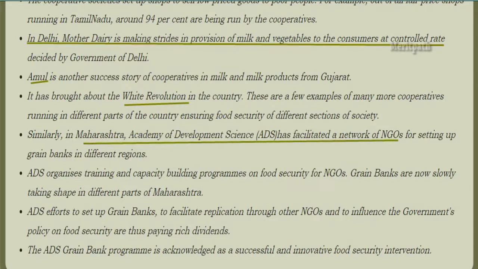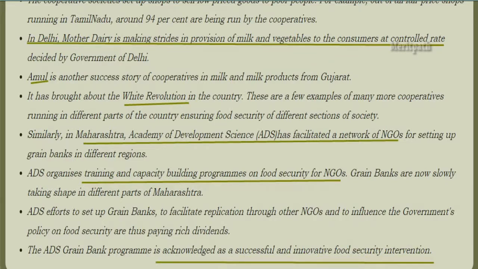In Maharashtra, the Academy of Development Science, ADS, facilitated a network for NGOs for setting up different grain banks in different regions. So ADS organizes training and capacity building programs on food security for NGO people. Grain banks are slowly taking shape in Maharashtra. So ADS puts efforts to set up grain banks to facilitate replication through other NGOs and influence the government policies on food security. So the ADS Grain Bank program is a successful and innovative food security